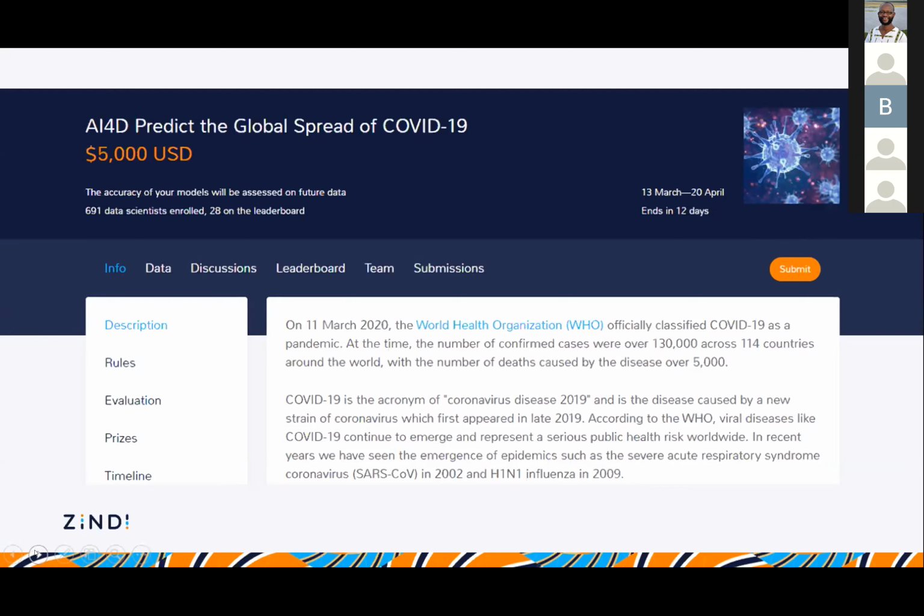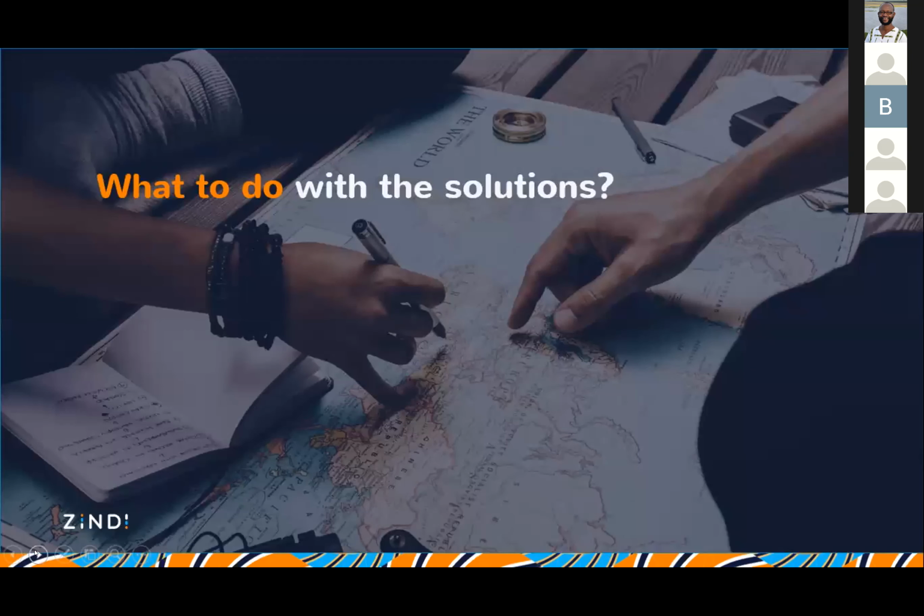And we're committed to making those models and the predictions public, and that will be in partnership with AI4D. I think it's an important consideration what to do with the solutions of a hackathon. Otherwise, it's almost just for show. We don't yet know exactly what we're going to do with the solutions. This is, in a way, a kind of a big experiment.